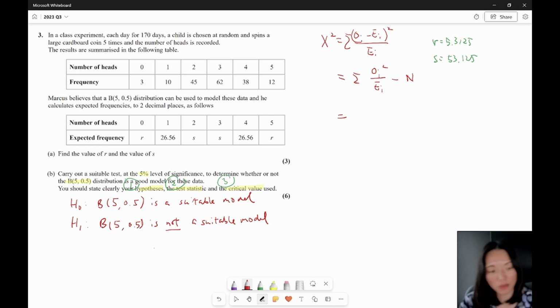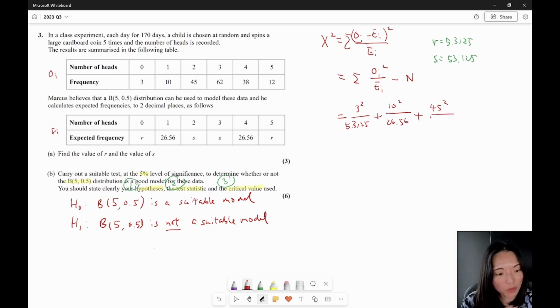So what does this equation come to? The sum of the observed values, we get that in this part, and these are the expected frequencies. Observed value squared over expected: so 3 squared over r is 5.3125, plus 10 squared over 26.56, plus 45 squared over s, with s being 53.125, plus